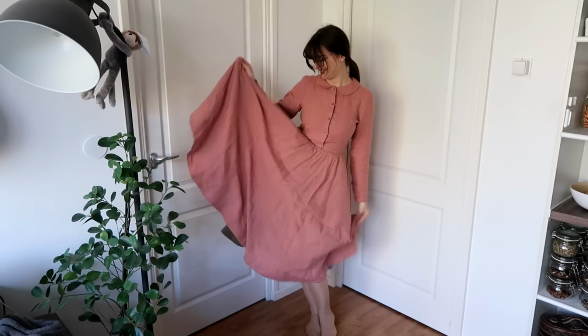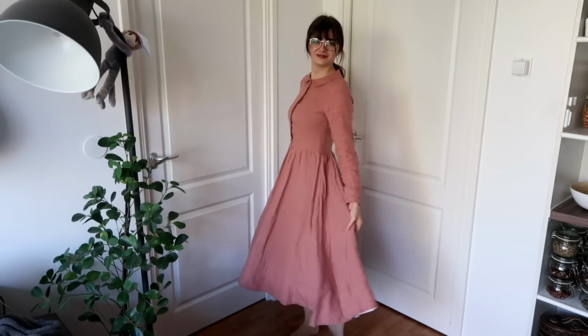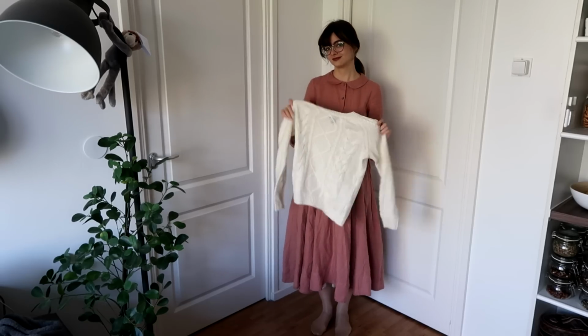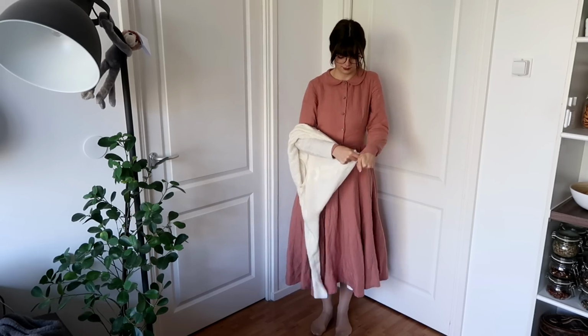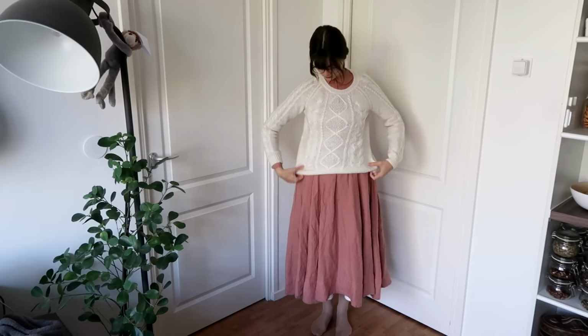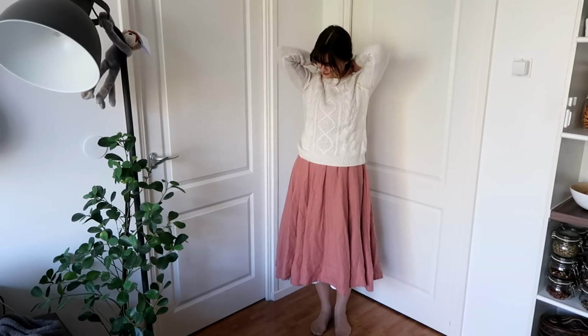beautiful, beautiful sustainable linen. And I do want to say that natural materials in general keep you warmer when it's cold, and they also breathe a little bit better when it's hot, so that you don't have to constantly be taking off layers when you're inside and putting them on when you go out. So to make this more winter appropriate, I am putting on a white sweater on top, a beautiful knitted sweater